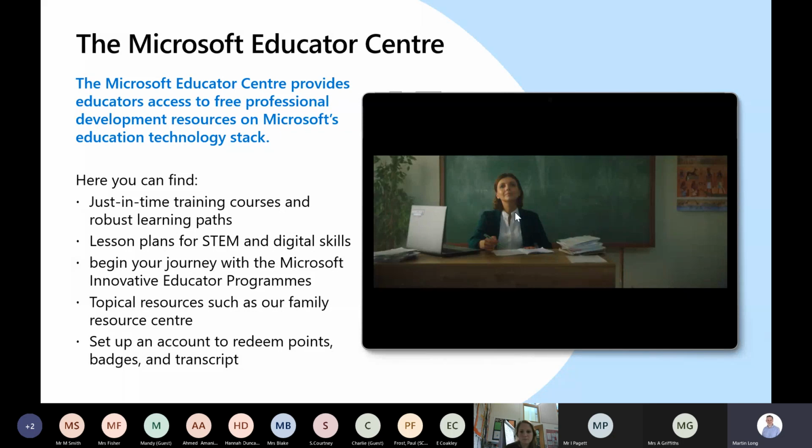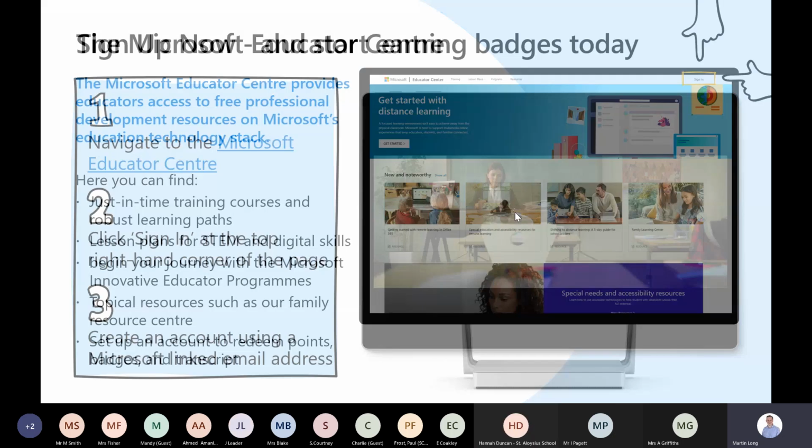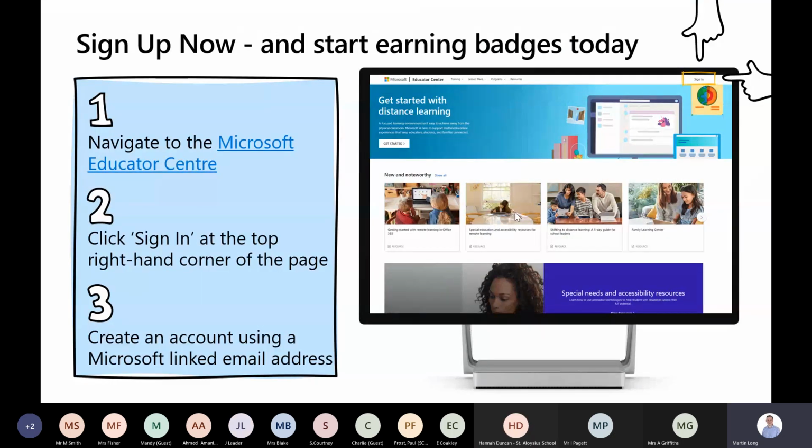One thing I need you to do is go to the Microsoft Education Center. So if you went onto the internet and you open up a web browser and in the search engine you type Microsoft Education Center, in the very top right hand corner where the fingers are pointing on the slide there, it will say sign in. If you've already got an account, please could you sign in for me? If you haven't got an account, I'm just going to give you a couple of minutes to go make one so that when we come to the appropriate points during the presentation, you can redeem the code that's on screen